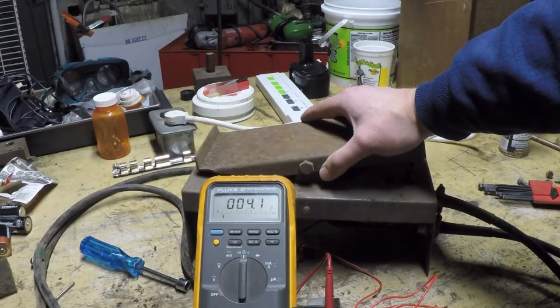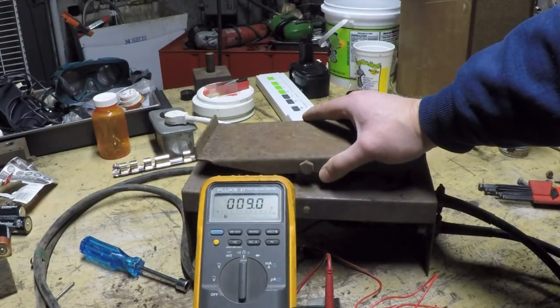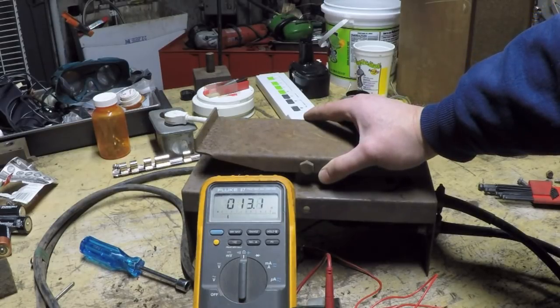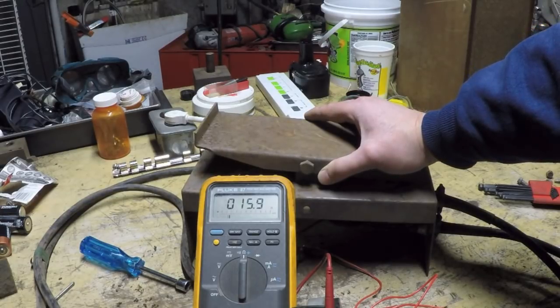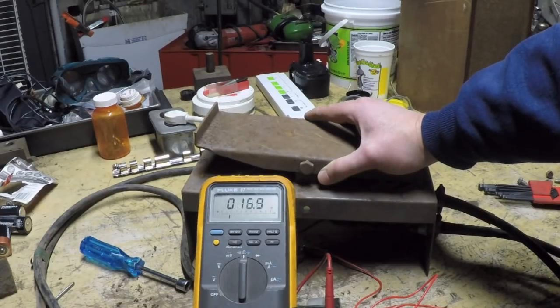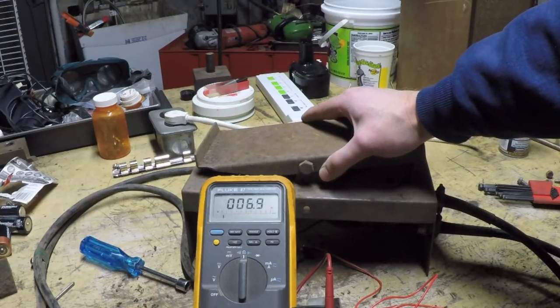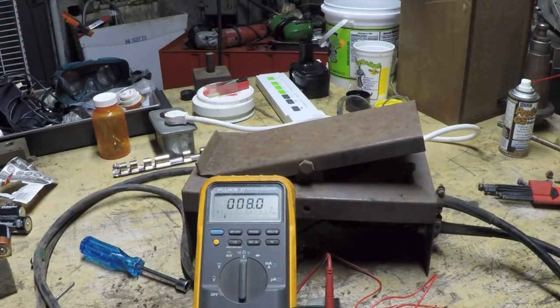And you can see as I slowly depress the pedal, the resistance slowly and evenly creeps up. So it's acting a lot better than it was. And I'm almost all the way to full pedal. It's a little erratic right there at the very end. I'd be willing to bet though that it's still going to be serviceable just the way it is. Considering how much mouse poop fell out of this thing,